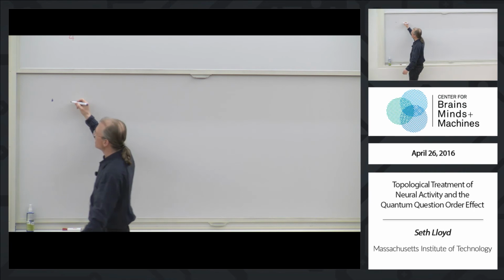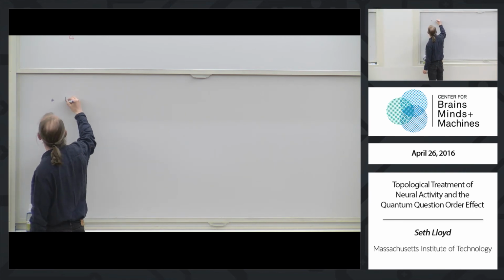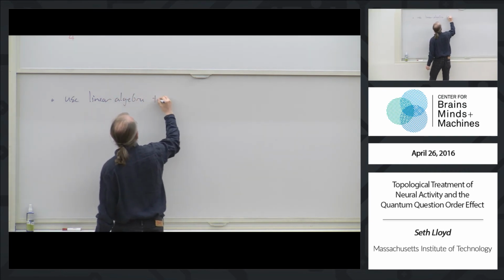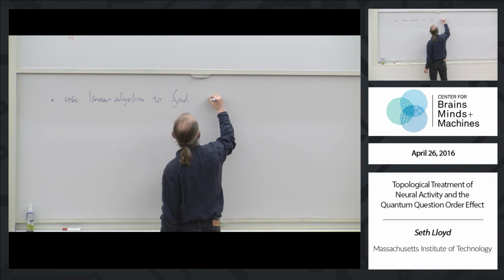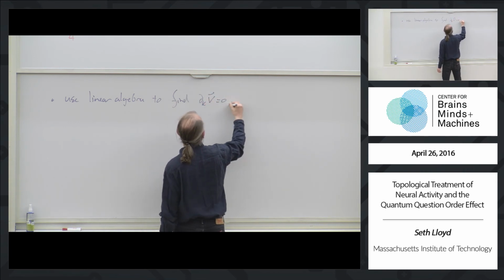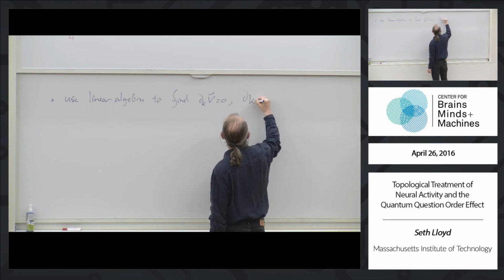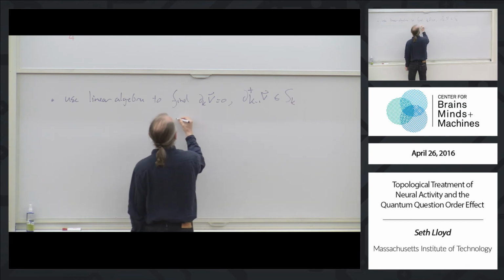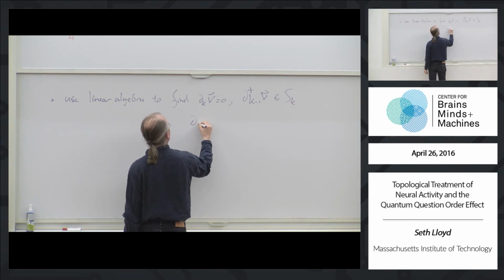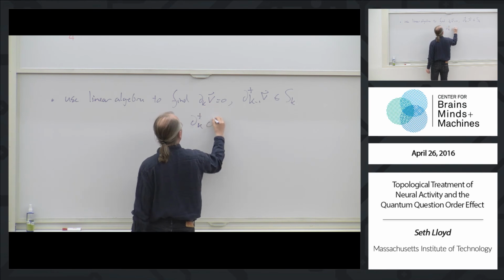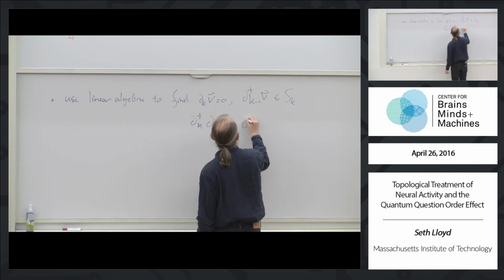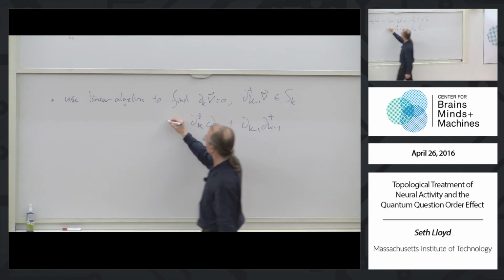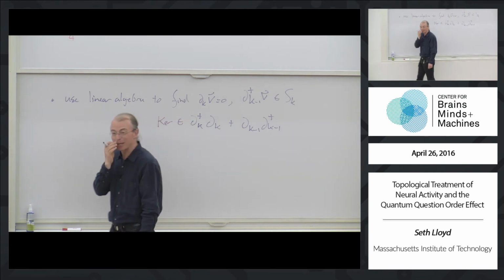Okay, and so now you just use linear algebra to find all vectors such that dk is 0, but dk minus 1 dagger of v does not belong to the complex. In fact, if you really want to know, you construct what's called the combinatorial Laplacian, which is this object. And you look for things that fall in the kernel of this combinatorial Laplacian.